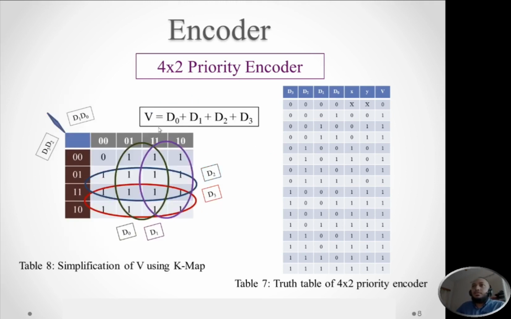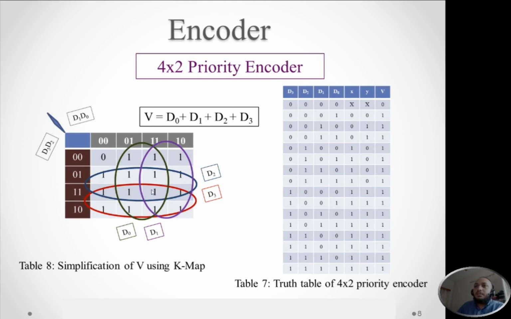Now let's solve for V. For V, we can see there is only 1 zero, which is in this position. So we can form a total of 4 groups like this, and if you solve, you will find the expressions like D0 for the green group, because if you consider the green group, you can see that it covers all the 4 rows, so we can't write D3 and D2, and for these 2 columns only D1 changes from 0 to 1, so we will take D0 from here.